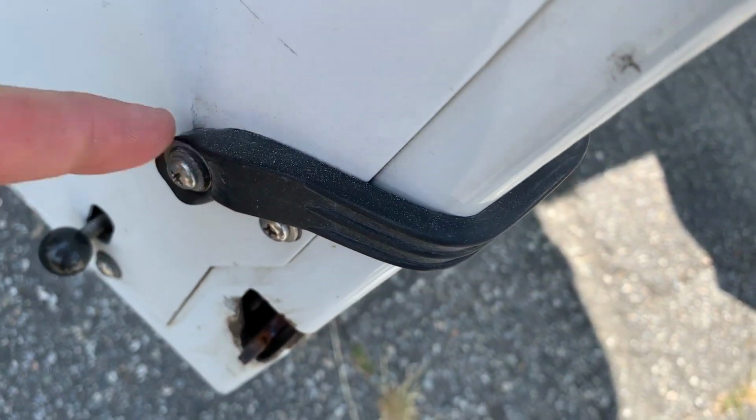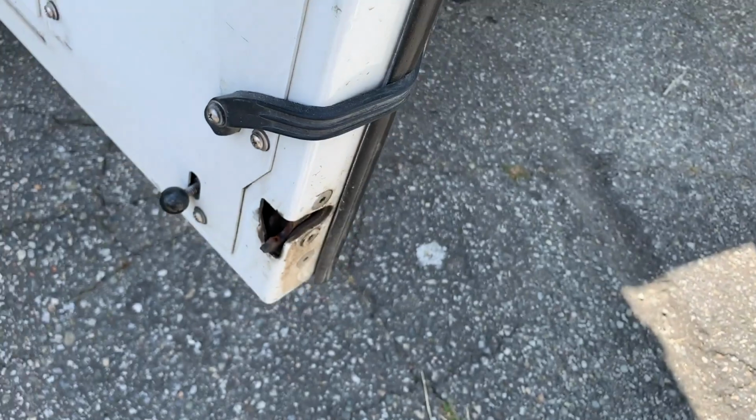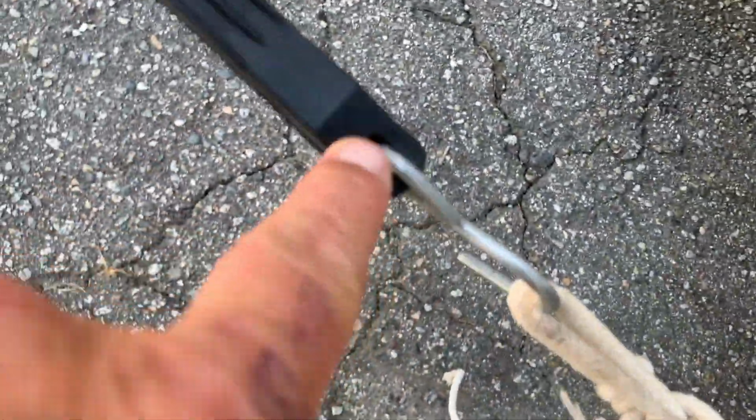I want to find these. If anybody on here watches and knows where I can find these... actually, you know what? I think they just made that themselves. Cut it and screw it? Well, look at it. They just screwed through this hole. Oh, brilliant. So these aren't like actual...